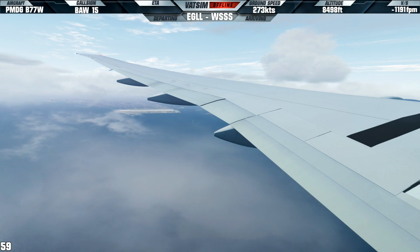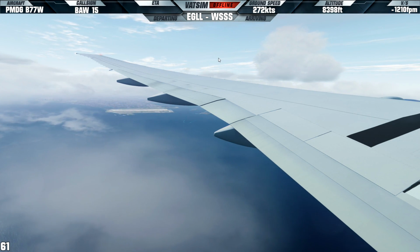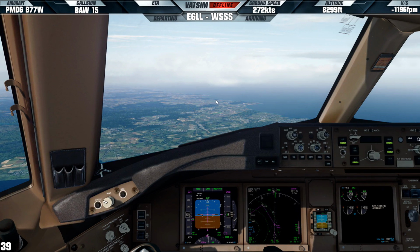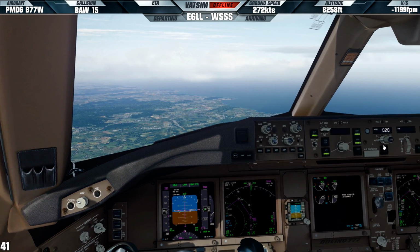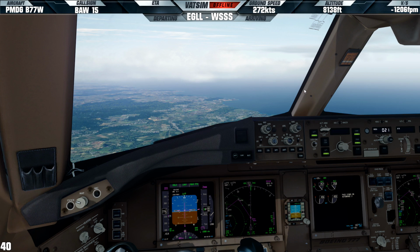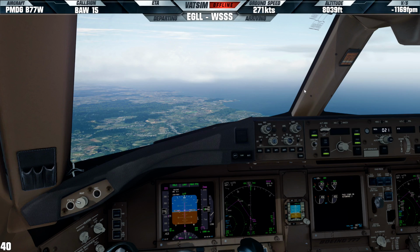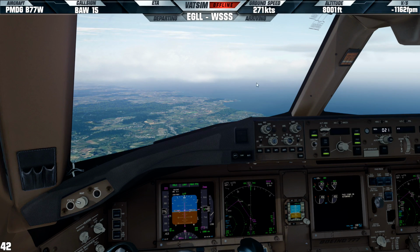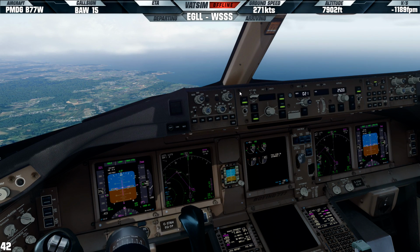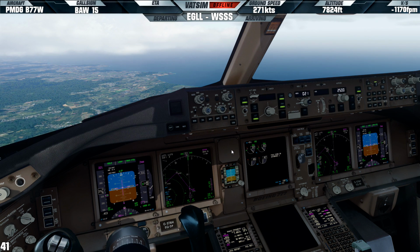Instead of having to self-vector onto final, we just put a direct in, and then the aircraft can control itself from LNAV and pick up the localizer frequency once it turns onto final. It didn't really matter too much that I was keeping my speed above 220 knots. Again, we're flying offline, we're not disturbing any other traffic, and it's nice to get in quickly, even though under normal circumstances I really should have been paying attention to the speed restrictions there with that 220 knots, which I mentioned earlier on. We will bring the speed back to try and reach that 190 knot restriction that I very